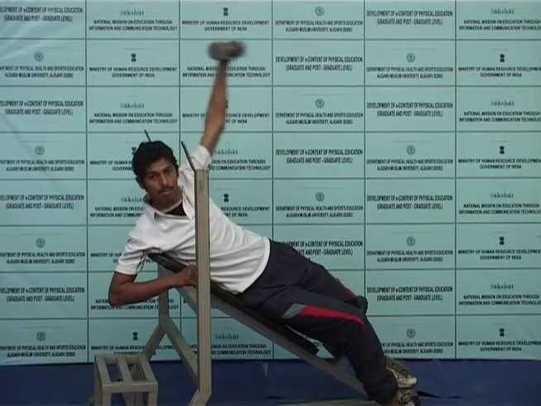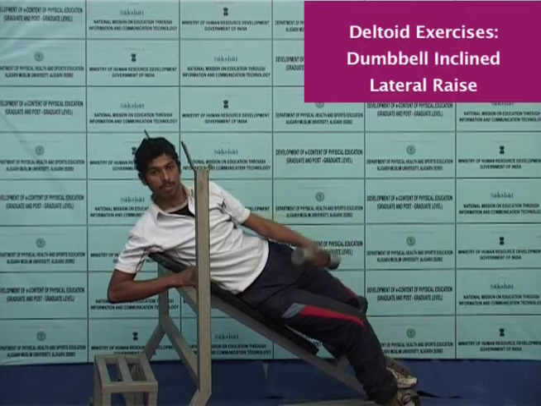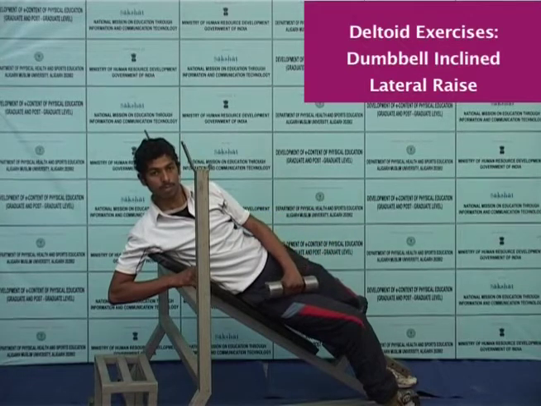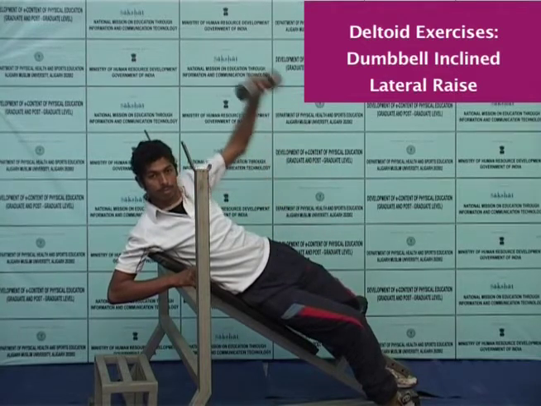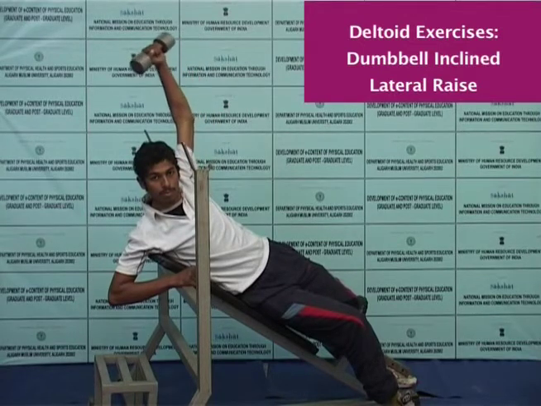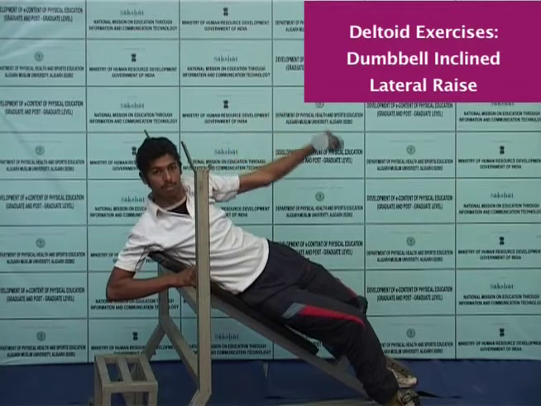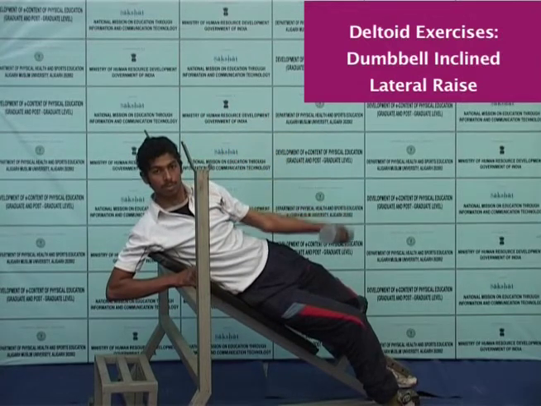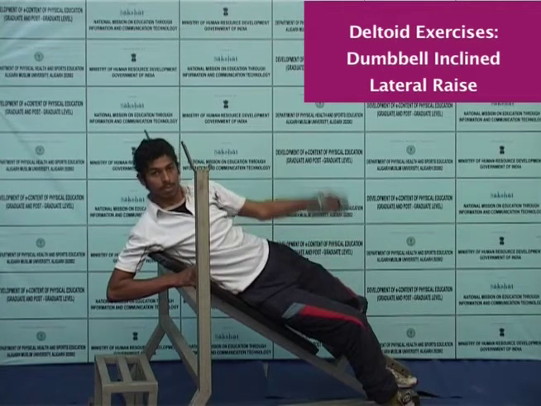The subject should grasp the dumbbell in one hand and lie on an inclined plane, around 30 to 45 degrees inclined, with the opposite side of the body on the incline and the arm over the top of the bench. Lower leg position on the front side of the seat and upper leg on the back side of the seat. Position the dumbbell inside of the lower leg and just in front of the upper leg.